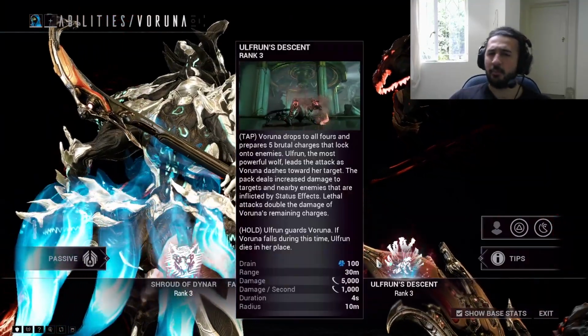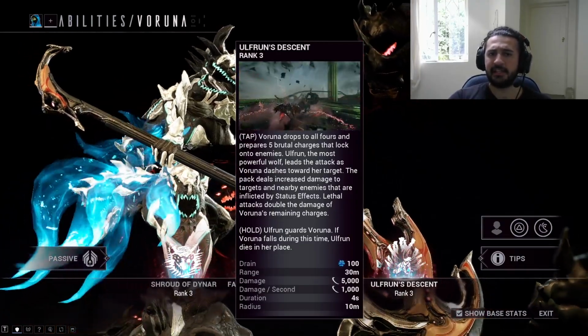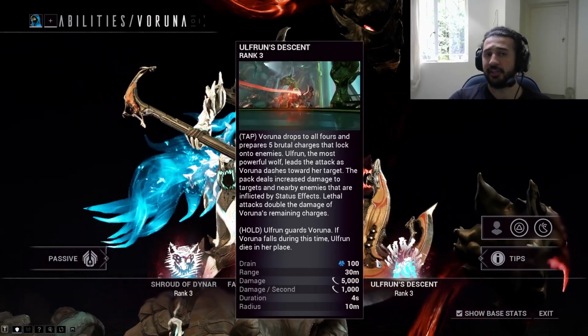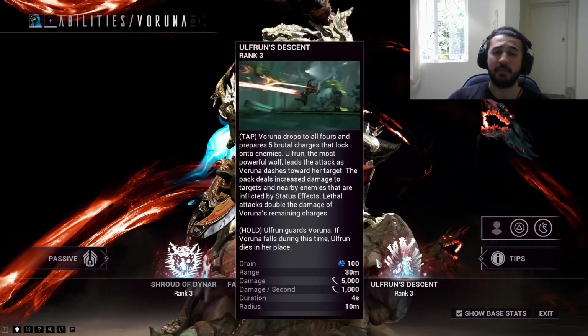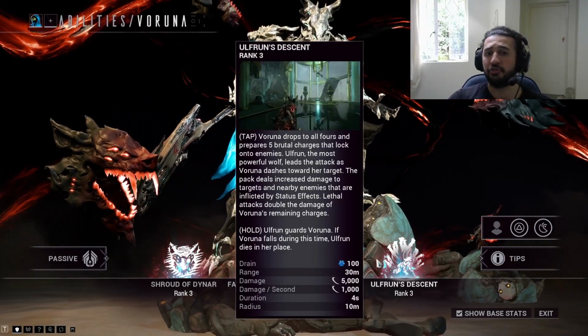And finally, moving on to the number 4 ability called Allfront's Descent. This basically allows you to lunge or pounce on the enemies with 5 charges. Every time you do so, you'll proc the enemies with guaranteed slash. Remember, you can only pounce on the enemy 5 times, so obviously choose your particular targets